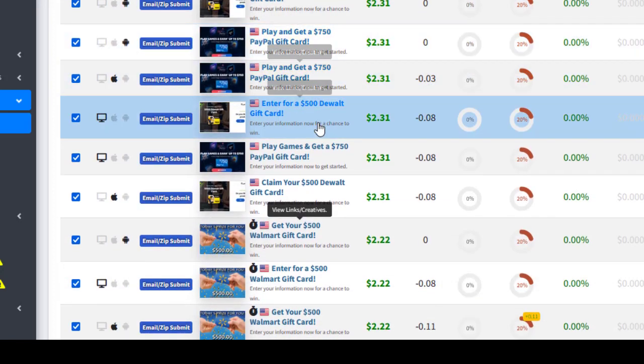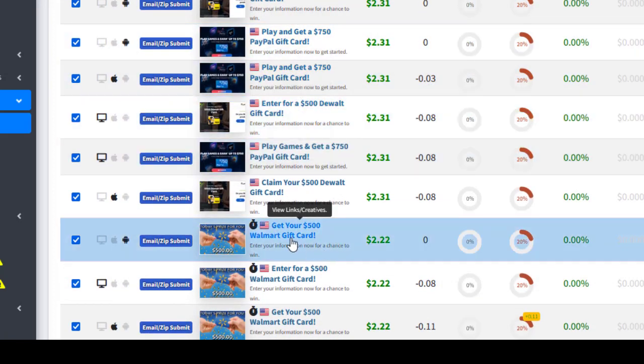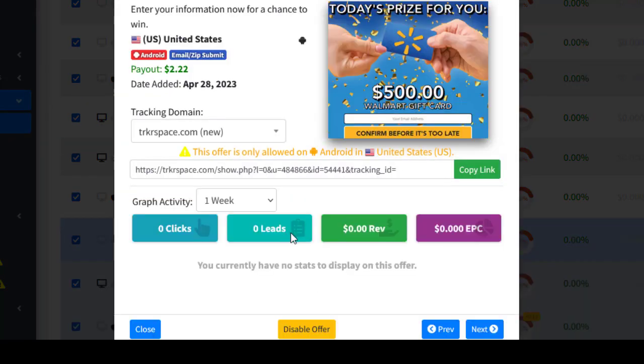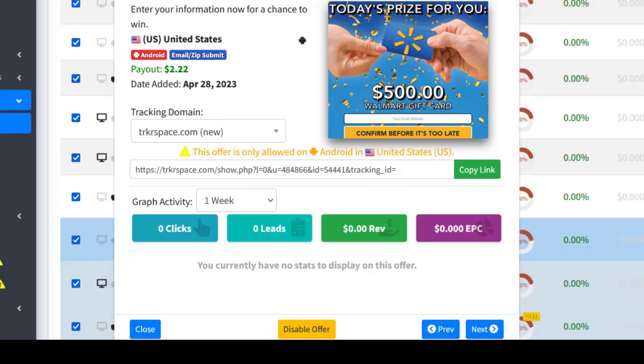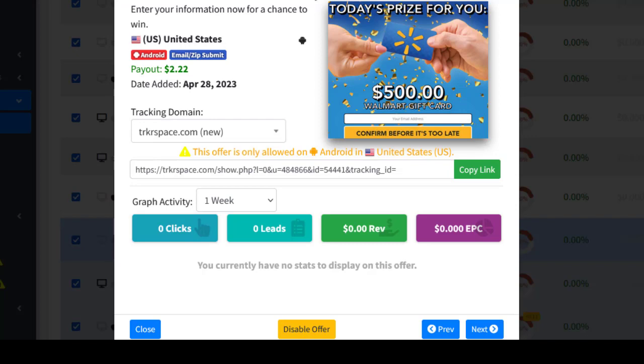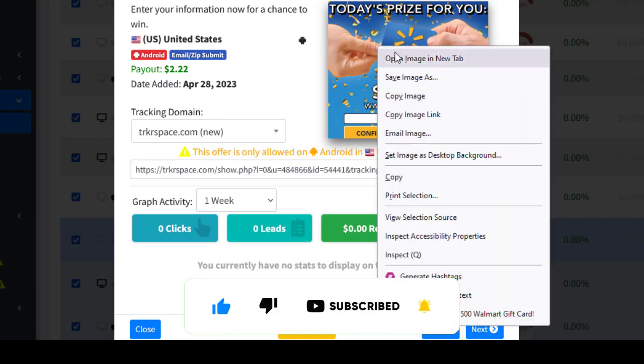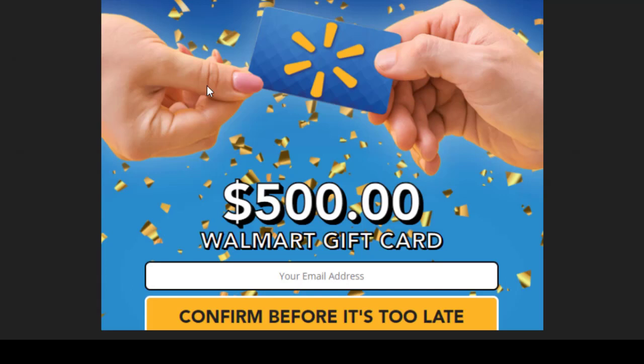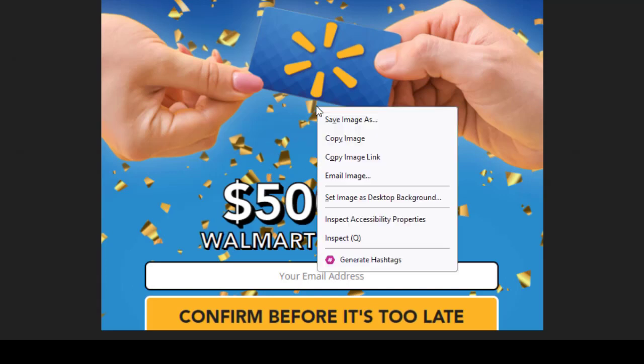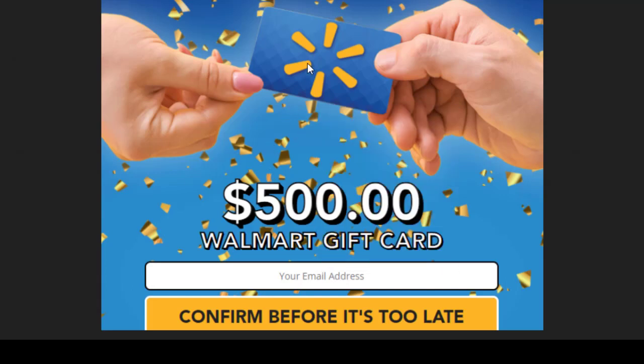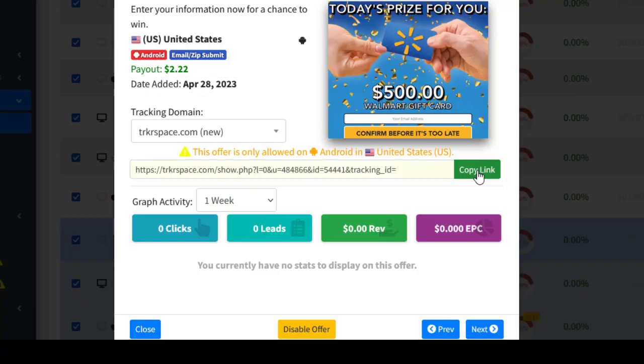For example, I want to promote this offer here: Get a $500 Walmart gift card. Let me just say I want to promote this offer. I have to actually copy the title and paste it into Notepad, because you're going to need it later. Copy the CPA affiliate link and paste it here in the Notepad